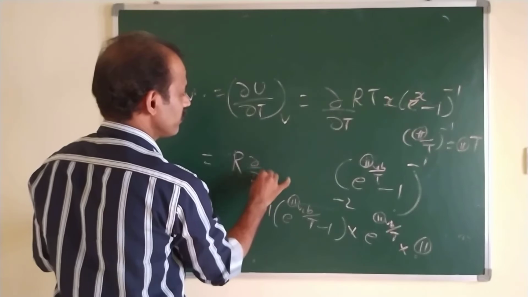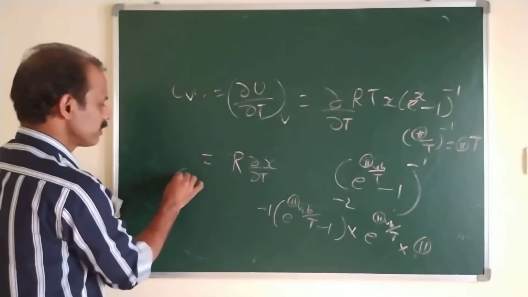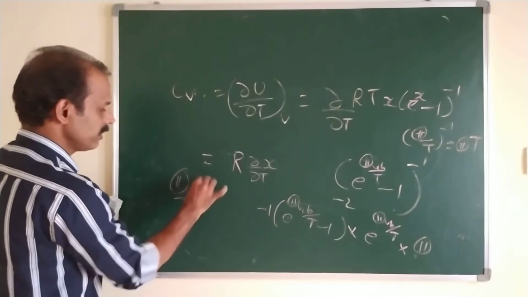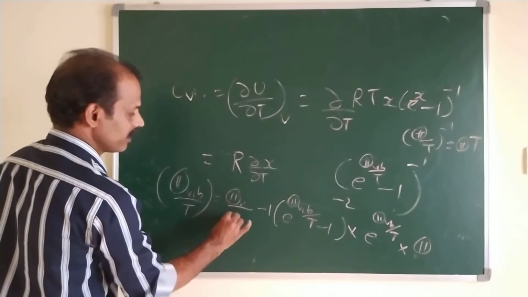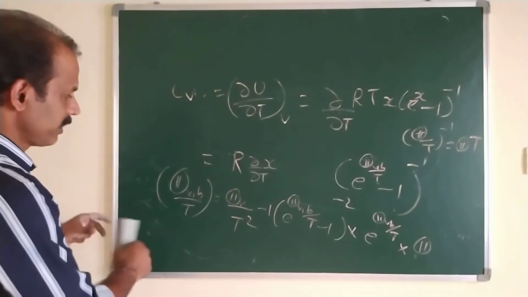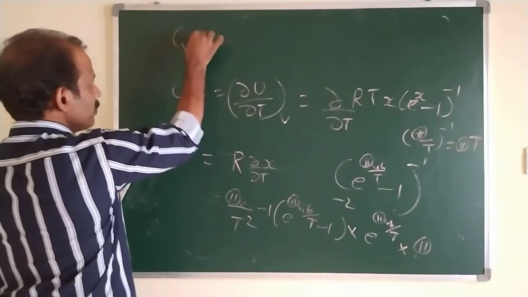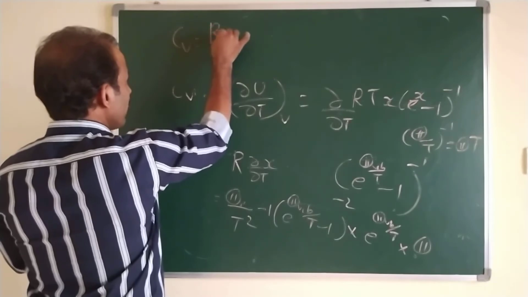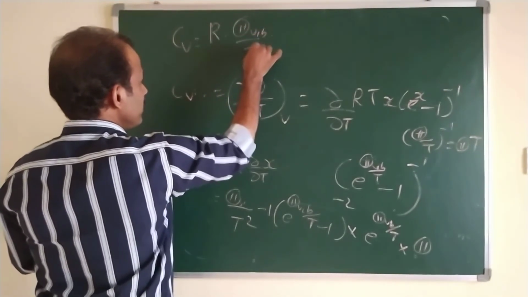What is x? x is equal to theta vibration by T, and dou by dou T of x is equal to theta vibration into the differential of 1 by T, which is minus 1 by T square. So CV is equal to R into theta vibration by T square